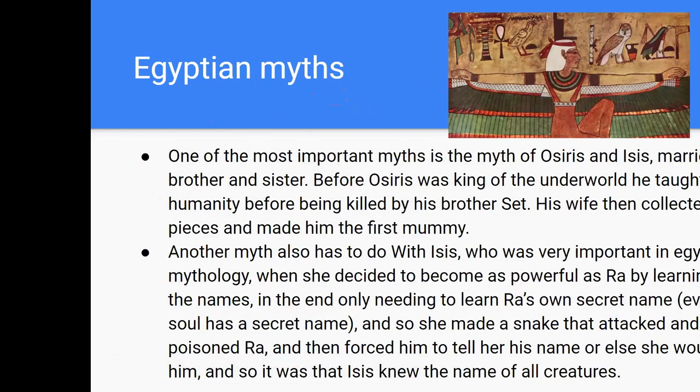Last slide for me. That is Isis up there. We're going to talk more about her. One of the most important myths is about Osiris and Isis. After the creation of the world, it's confusing. Let's just say after the creation of the world, there was Osiris and Isis, okay? And they were part of the gods born into the Aeneid. They were married. They were sister and brother, a couple.